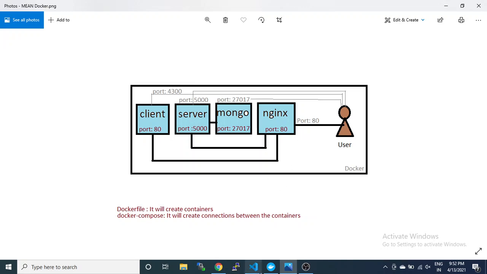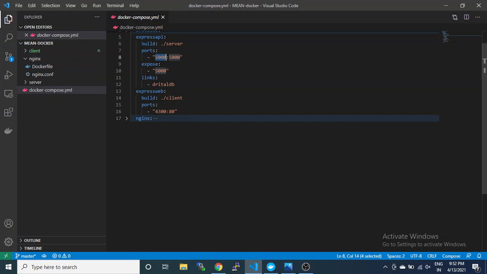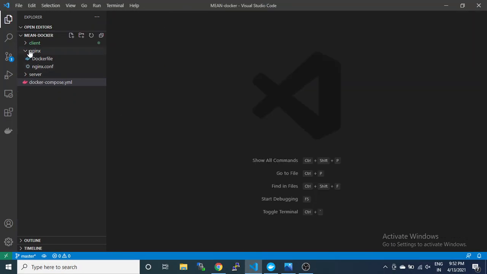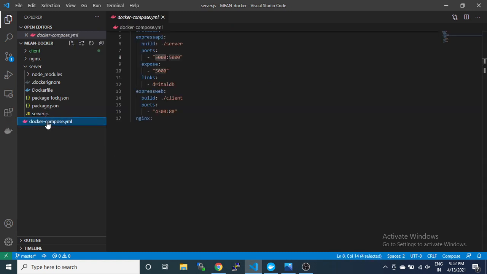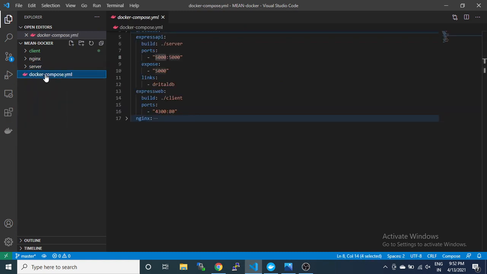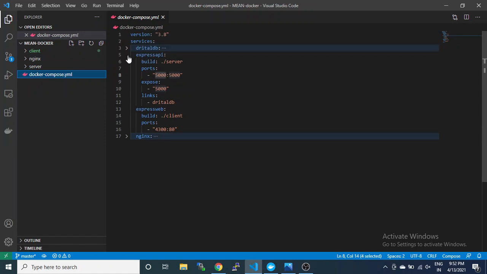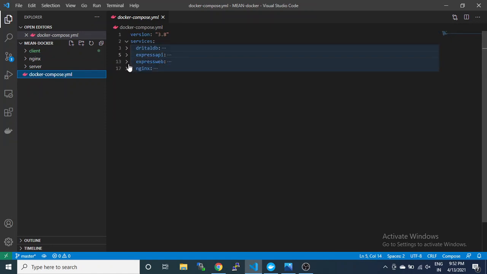So in summary, there is a client with Angular and an nginx reverse proxy, and a server with a simple Express API with MongoDB connectivity here. Okay, with two routes for the API, and we have enabled CORS to access from them, and a docker compose file does the connections between them.